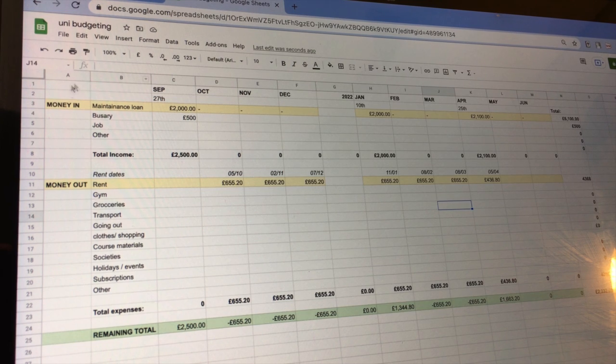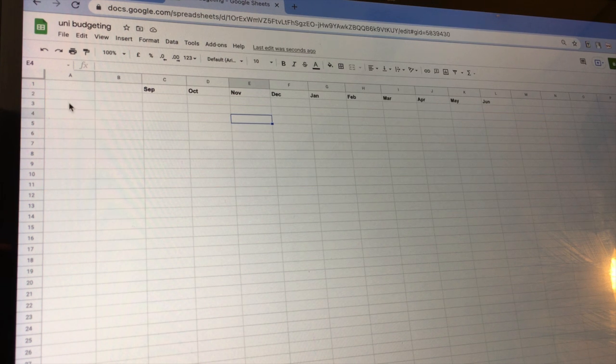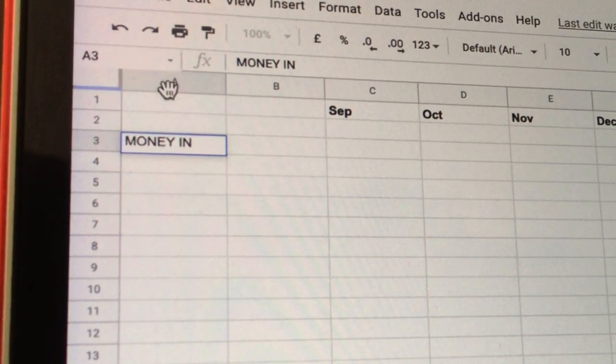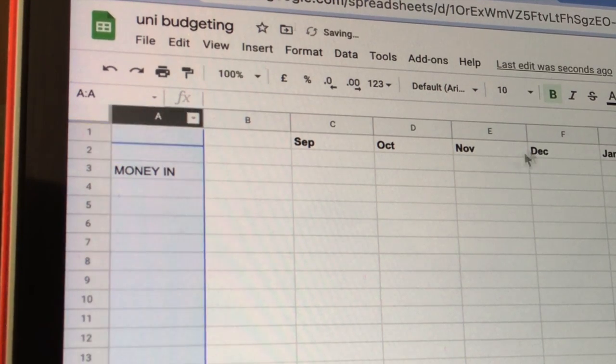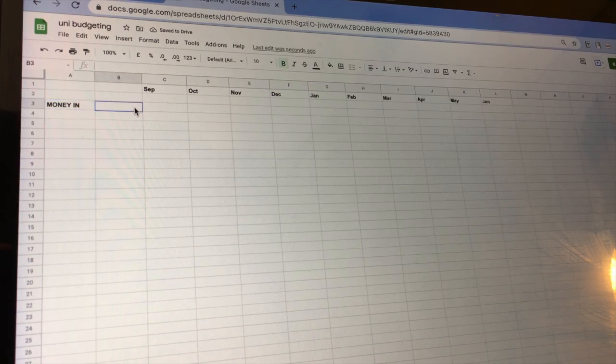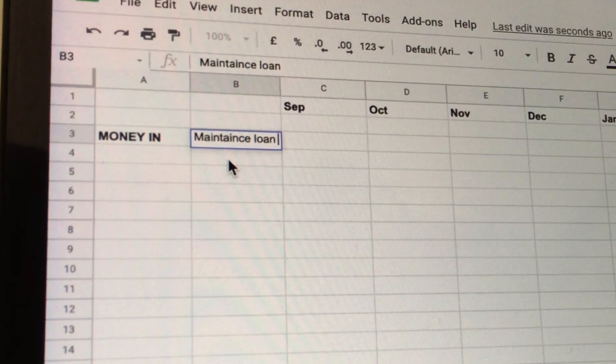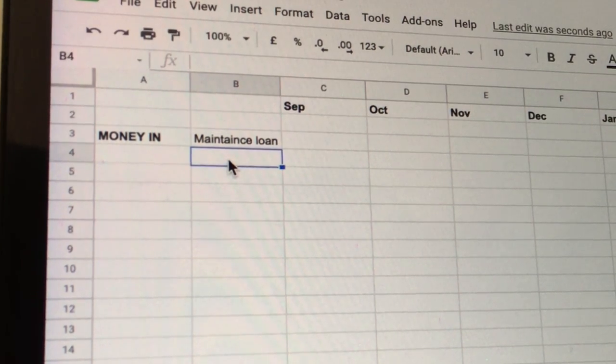Next, to copy this kind of model, I would leave one space and write money in. So you want to write money in on A3, click on A, and make that bold, so everything on the left hand side. Next, under money in, have your maintenance loan if you applied for student finance,